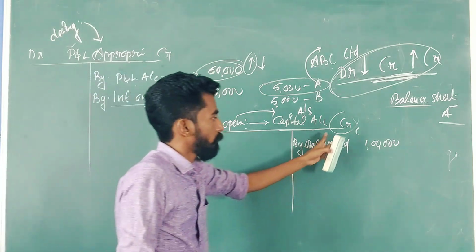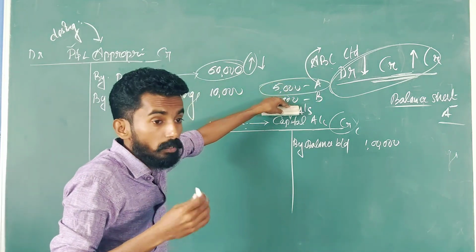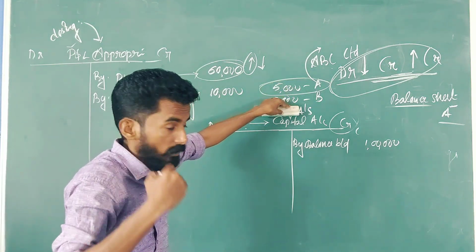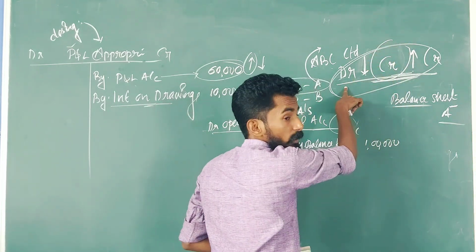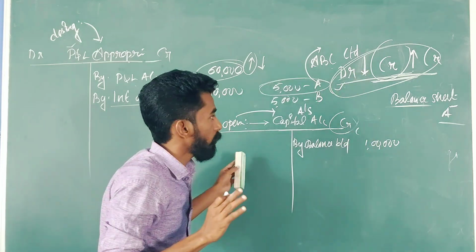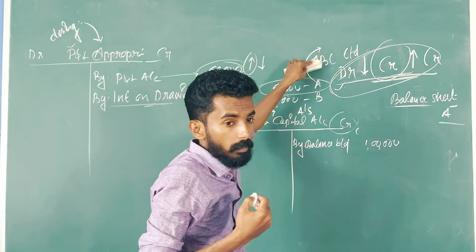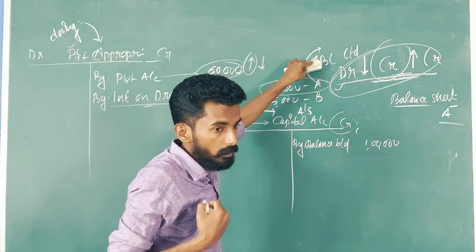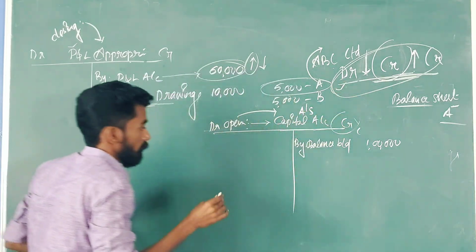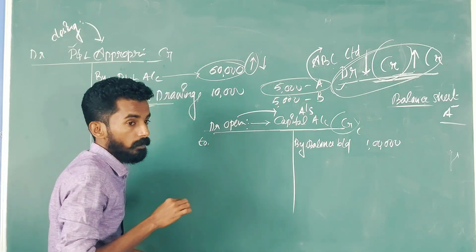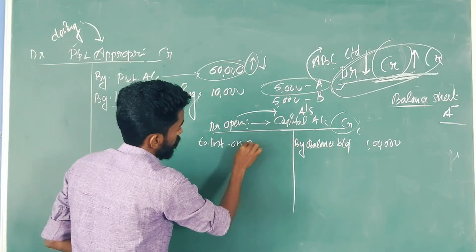So see, interest on drawings. When a partnership firm is charging interest on drawings, the partner's capital account is going to decrease. So if you want to decrease an account which shows a credit balance, we need to debit it. Capital account shows which balance? If the partnership firm is going to charge interest on drawings, it will go down, so we need to debit it. You can see the entry: partner's capital, and interest on drawings is the item. Correct?